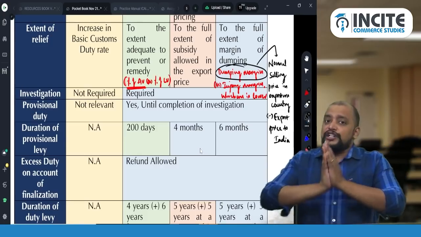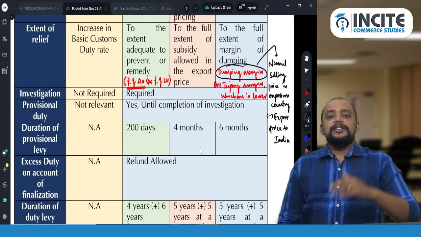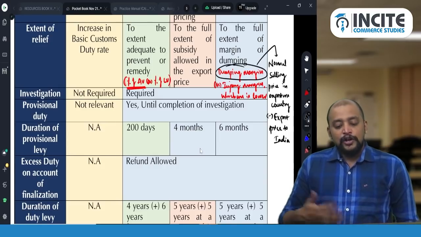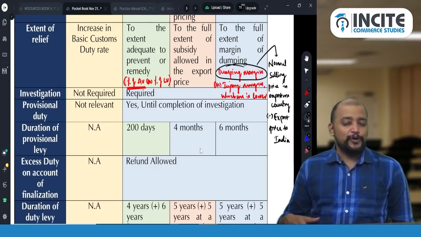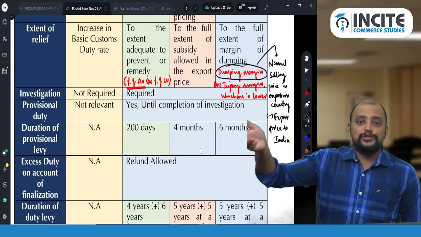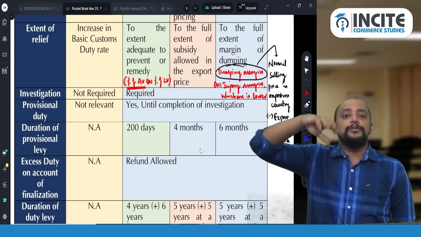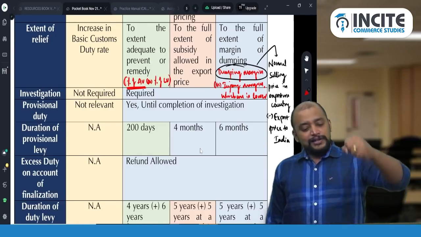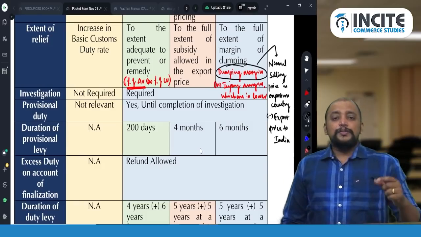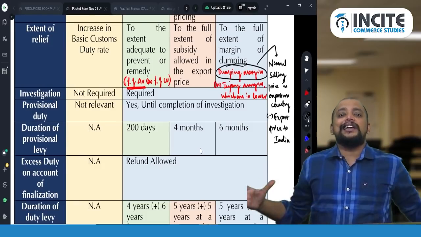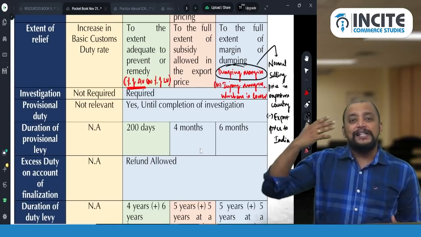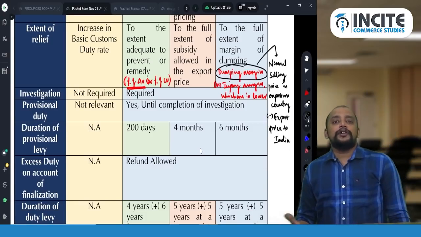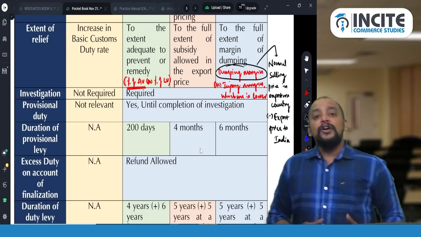So here I need to really apologize to you, because up to the previous batch I was telling only this: normal selling price in exporter's country minus export price to India. In my regular batch I used to add that information, but that I missed, because of which students faced difficulty in the November exam. There is one more point here. In a summary or revision, many points get skipped or slip away.